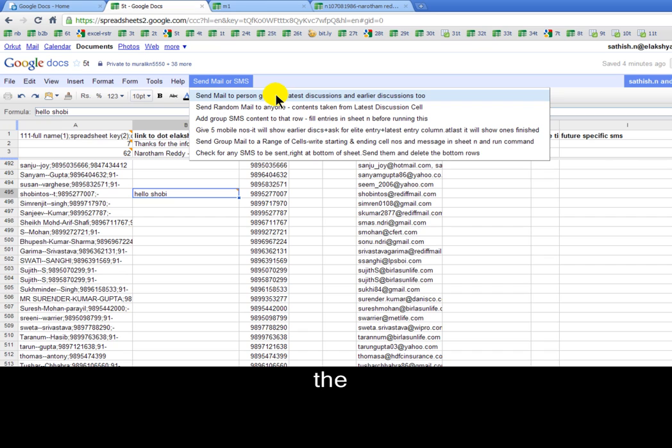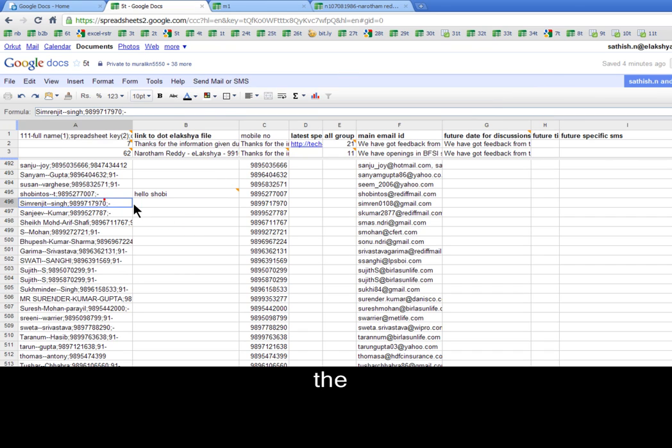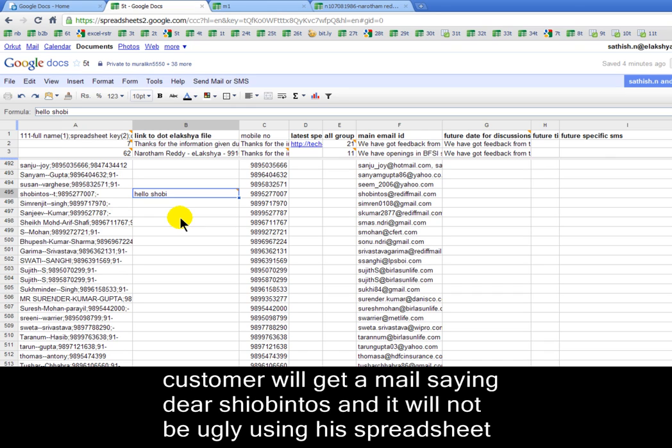Another change we have done is, earlier when we used to send a mail to, let's say, Shobintus, Shobintus used to get a mail saying "Dear Shobintus;" something something something. We have changed that also, so that whenever people get a mail, they will only get a mail saying "Dear Shobintus," so that it looks neater. We have done that. How have we done that? We have done that by doing something in